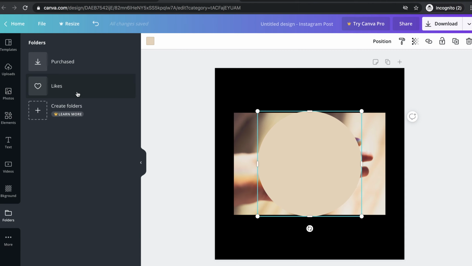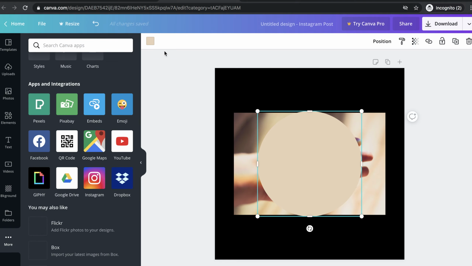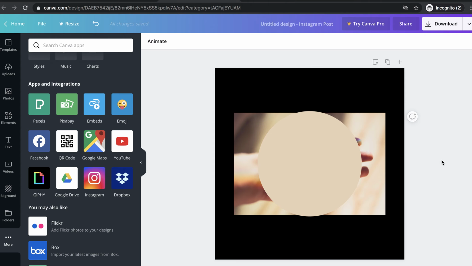button. So folders, if you want to store all your posts with separate folder names, you can make use of it here. So you can make the animations, you can turn your image post into a video post by adding the animations to that. Such an amazing tool Canva is. So without having any designing knowledge, you can design your post in an effective way. So here you are seeing that untitled design button. You can name your post.